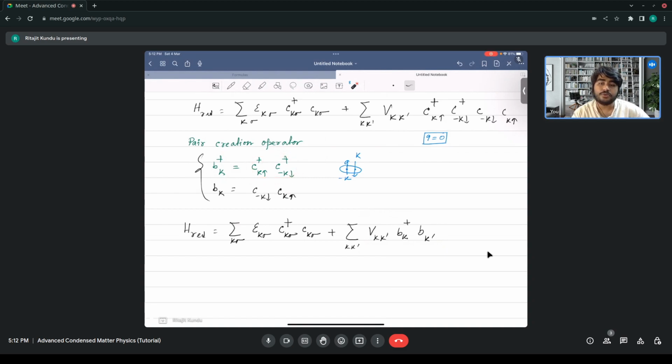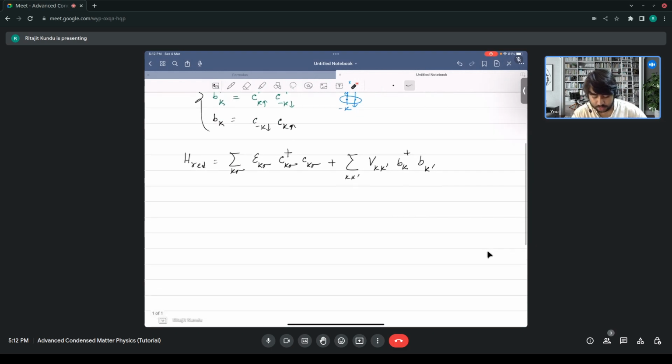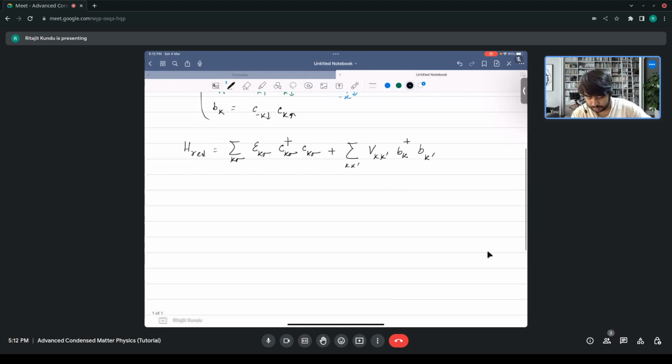To corroborate that, we have to write down all of the commutation relations of these operators. Then only will you be able to verify it. But before that, let us do a little bit more simplification. So now you know that if V is negative, or attractive,